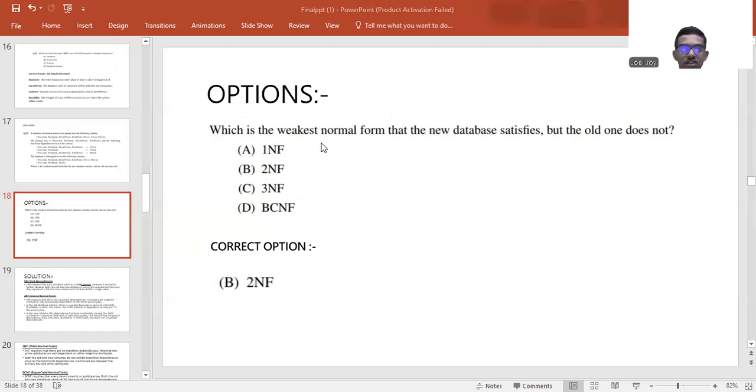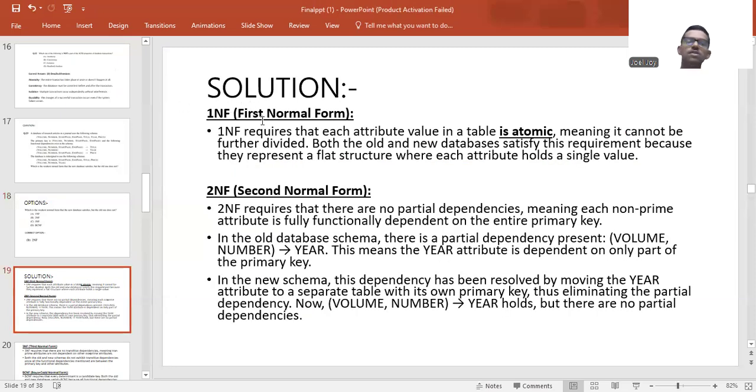So let's understand each of these one by one. First normal form: what it basically says is that it requires each attribute value in the table to be atomic, meaning it cannot be further divided. Both the old and new database satisfy this requirement because they represent a flat structure where each attribute holds a single value. Now the second normal form,